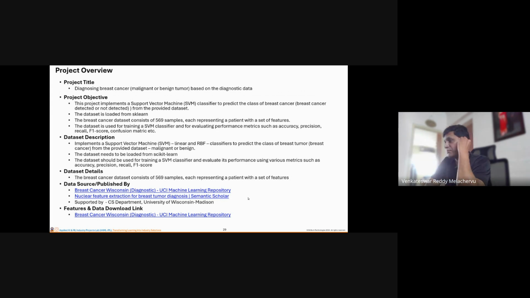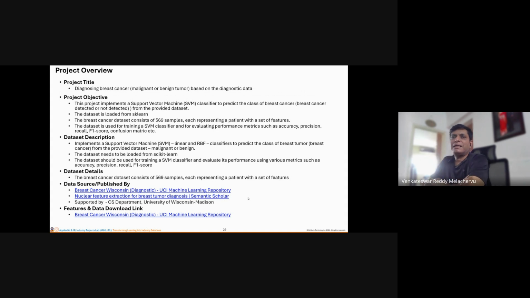There could be lumps. The human body could create lumps. But if it keeps on growing without any arrest of the growth, then it is malignant. The benign lumps don't grow, and they are harmless. So, diagnosing breast cancer